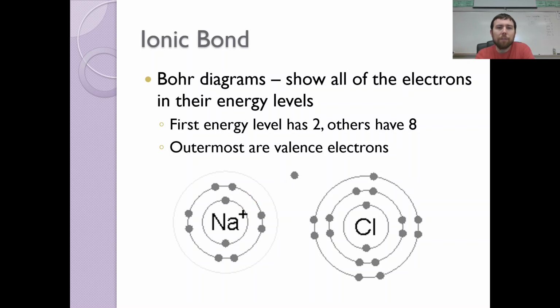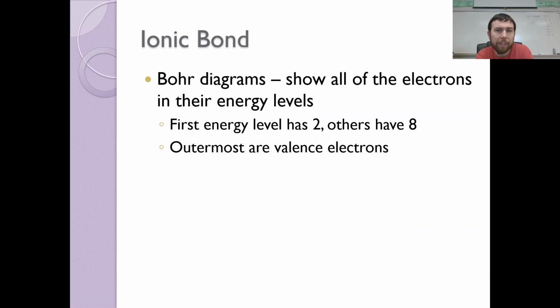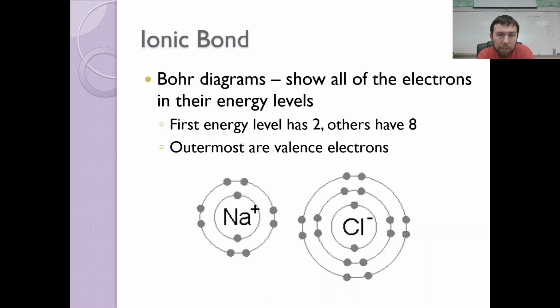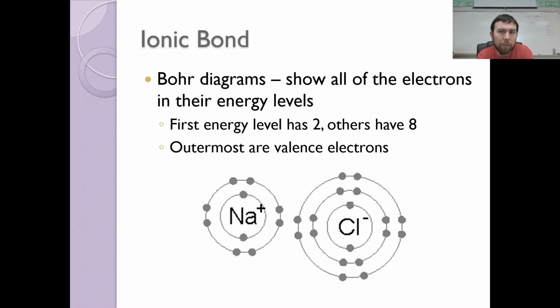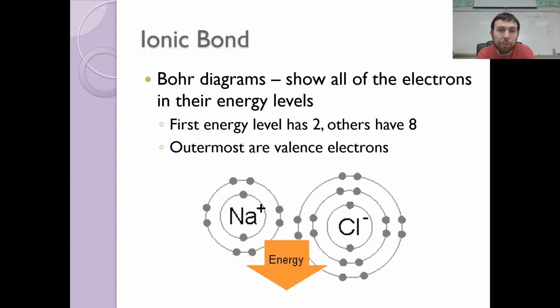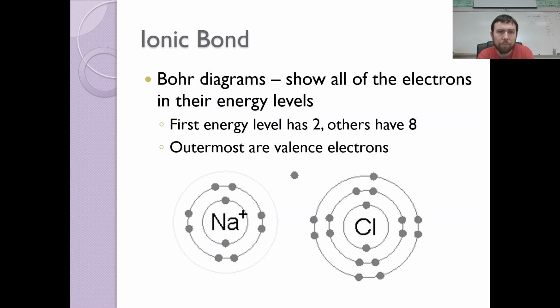So we've looked at previously in Bohr diagrams how it can show us all of the electrons and their energy levels, right? And if you remember, we talked about how the first energy level was able to hold 2 electrons, and the other levels, at least for our purposes, we're going to say hold 8. And the electrons that are in the outermost shell are going to be classified as the valence electrons,